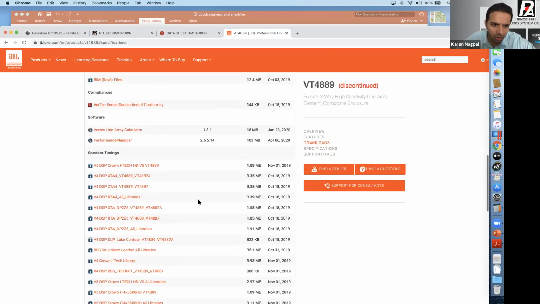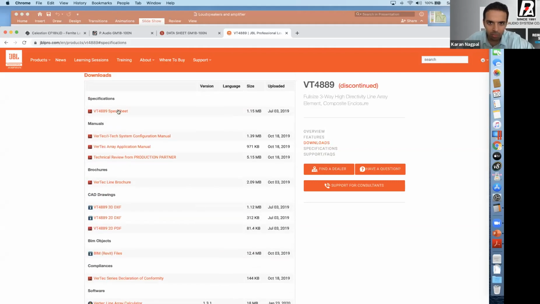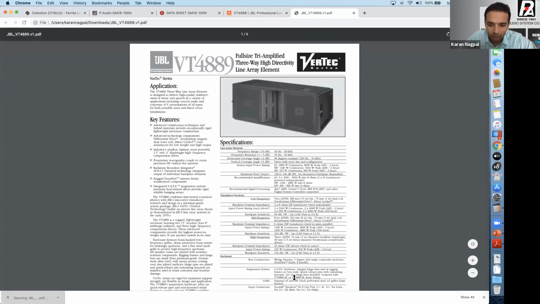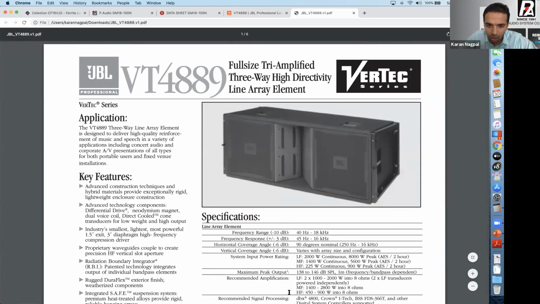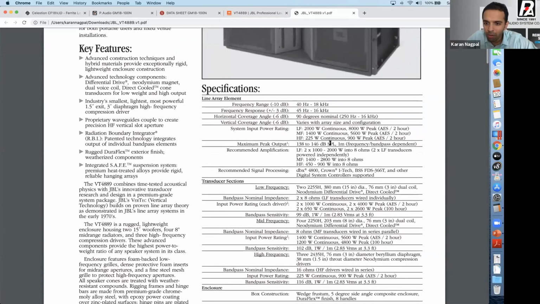I came across a Martin, is there a spec sheet? Okay, fine. Let me see the spec sheet. Okay, let me try and open this. So I think I downloaded. Okay, fine. It's just downloading. It's just going to show you the max SPL. On a general basis, they'll say the max SPL on my box is 147, or 148 or 149. But okay, let me open this. Let me zoom in and see. So it's mentioned the maximum peak output is between 138 to 146 dB SPL.